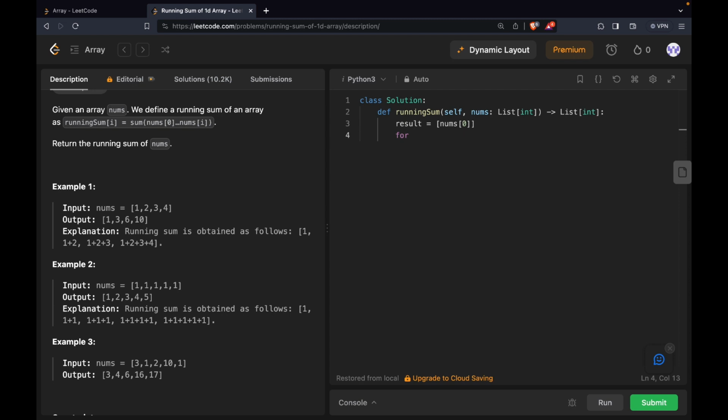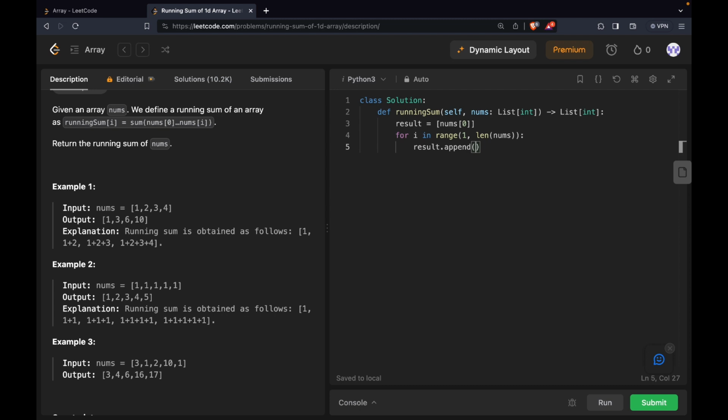We'll now iterate through the list, for i in range of 1 comma len of nums. That is, we are iterating from the second element because we have already got the first element in the output. What we will do is result.append of